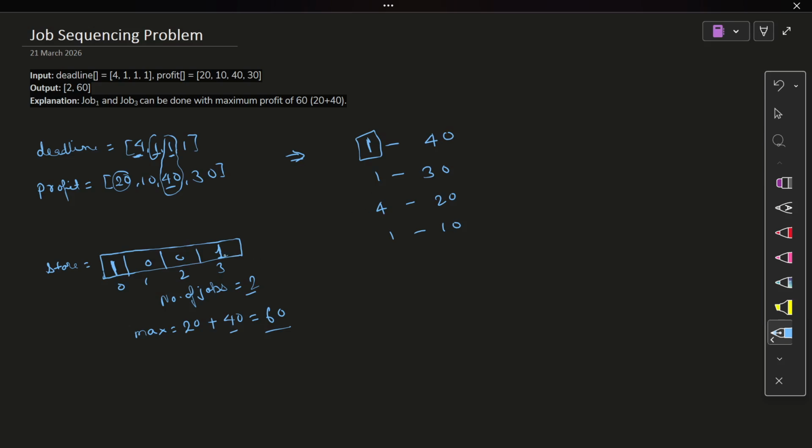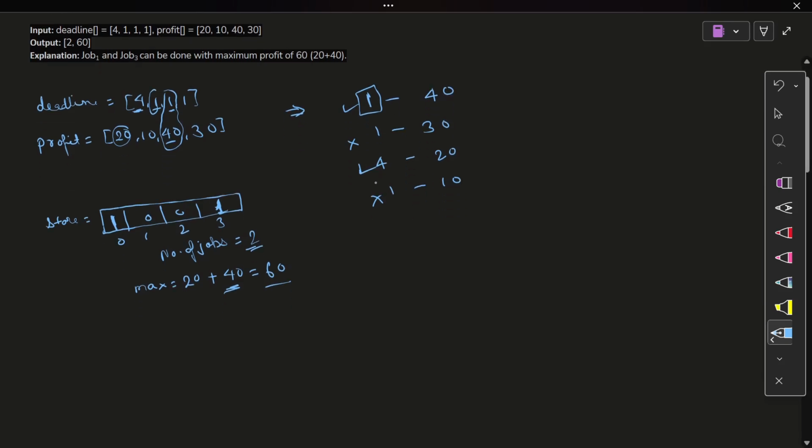For 20, index 3 is 0, so I will include it. We add 20 to the profit, and the number of jobs is 1 plus 1, which is 2. The last one is excluded, and the others are included. In this way we will write the code.